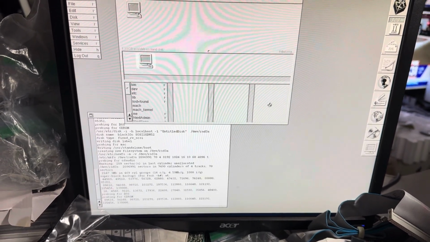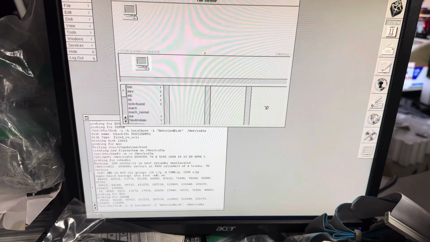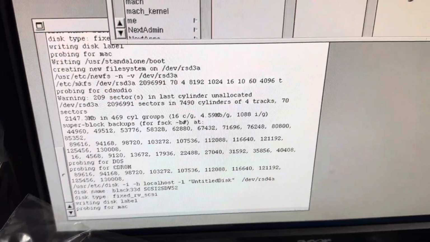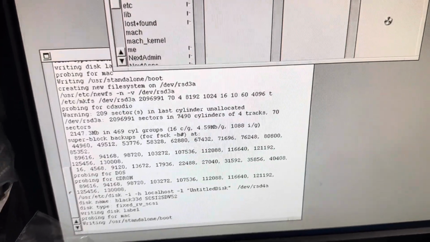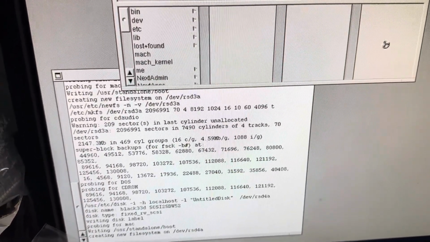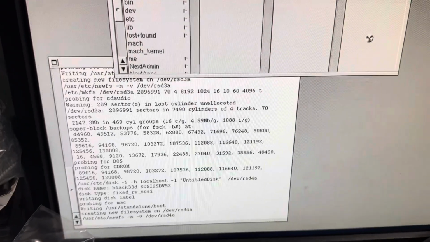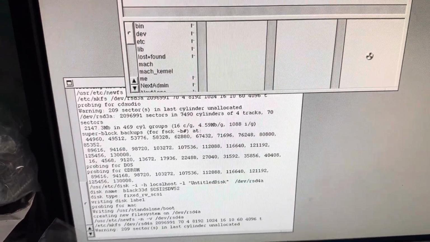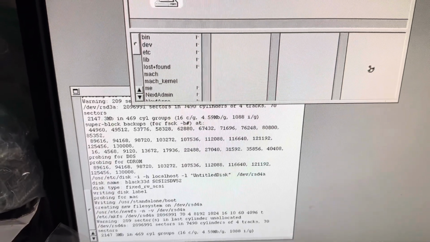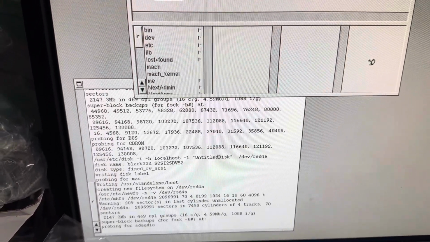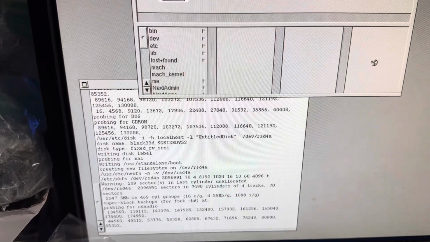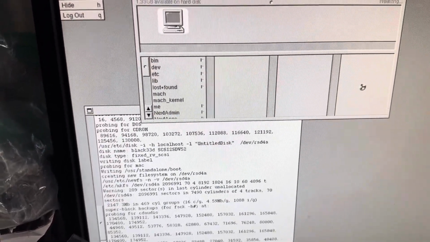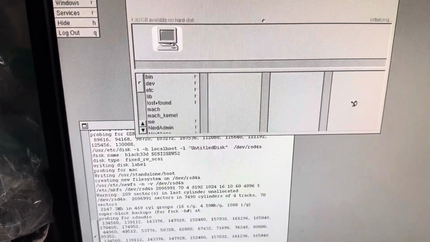That should cover everything. So you can see it's the different super blocks. So it's formatting it for next step, basically. And then as I say, on an 030 board, the 040s were about 400% faster. And we'll just let that do its thing, and then you're going to see disks appear once they're formatted up